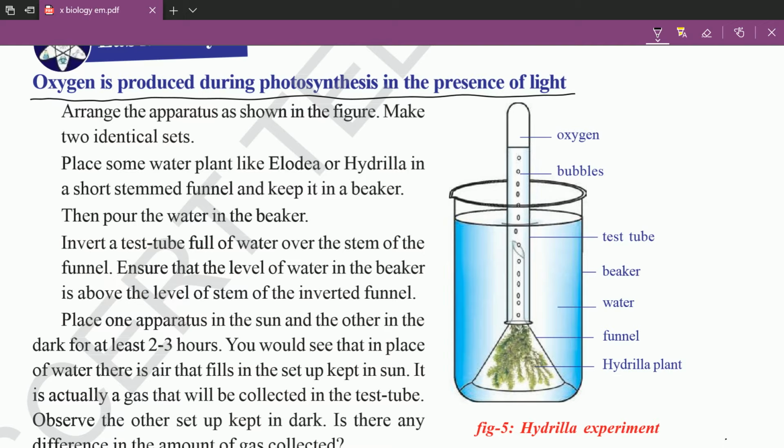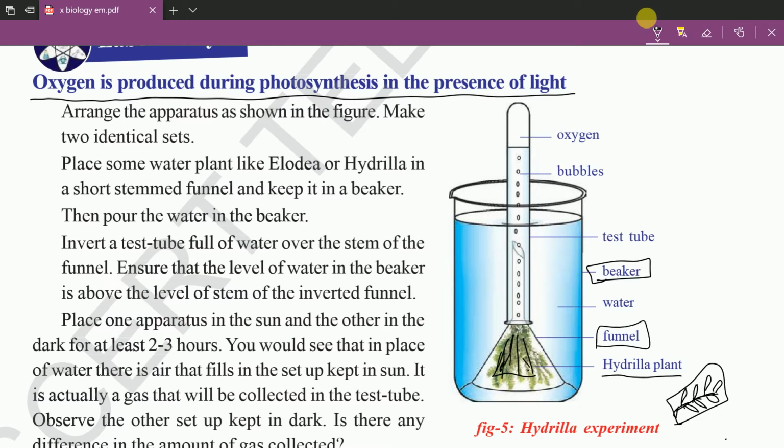So here we will discuss now. In the case of the hydrilla plant, we will have twigs here. Small twigs will be there, like the leaflets of a tamarind tree. So like this will be there. We need to collect a few, like 5, 10, 15 like that, and we need to put them at the base of the beaker. And then we need to take a